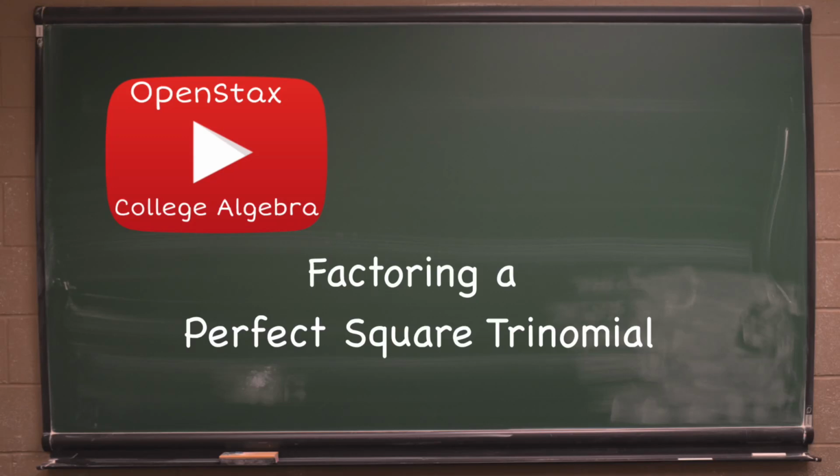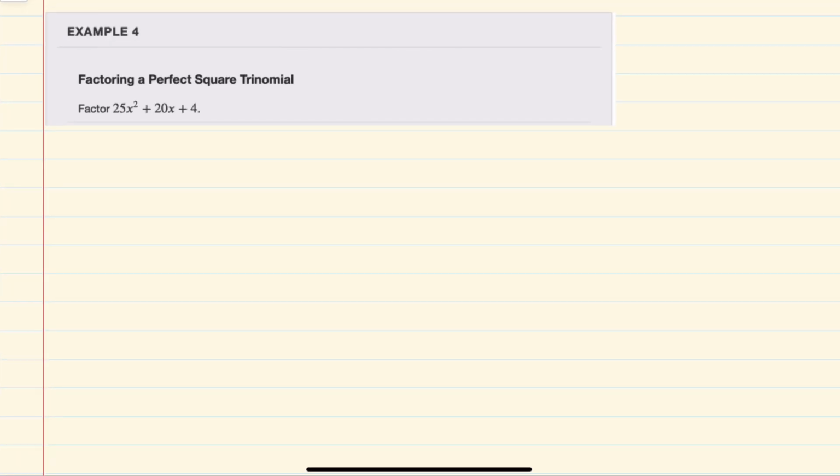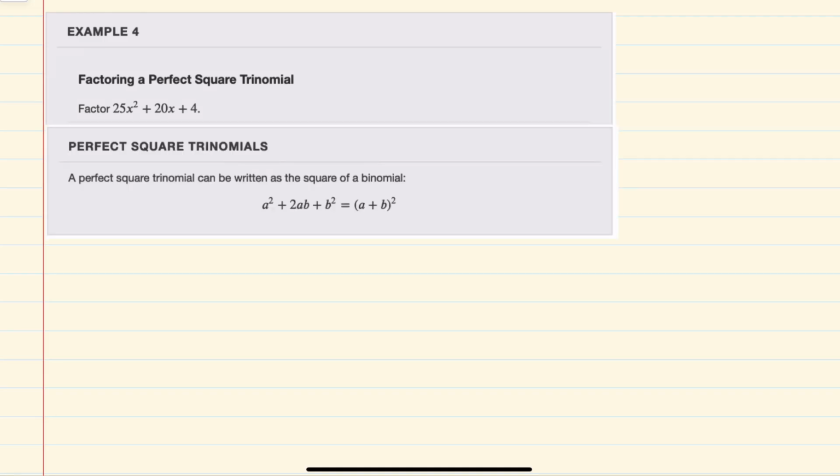In this video, I'll be helping you with the math topic called factoring a perfect square trinomial. In this example taken from the OpenStax College Algebra text, we're asked to factor the perfect square trinomial 25x squared plus 20x plus 4. We're also given the definition of a perfect square trinomial as being able to be written